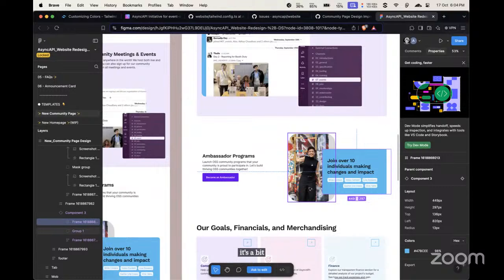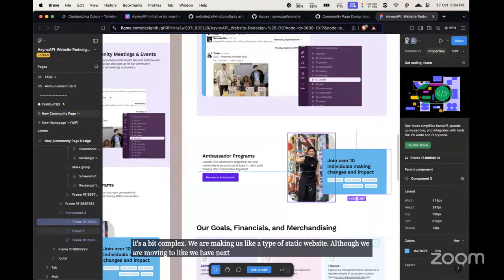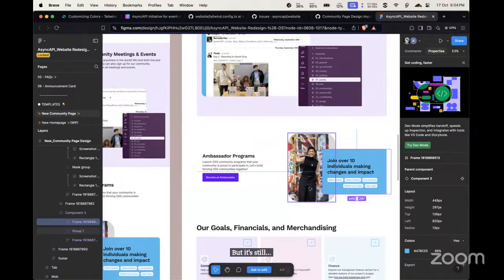We are making a type of static website. Although we are moving to Next.js, where we can provide lazy loading, it's still a very difficult part, because a developer developing this page may ask you various questions around different sizes where the implementation breaks down at different viewports.